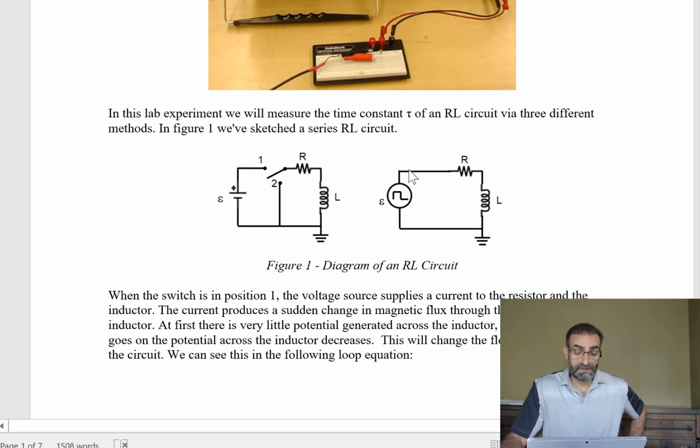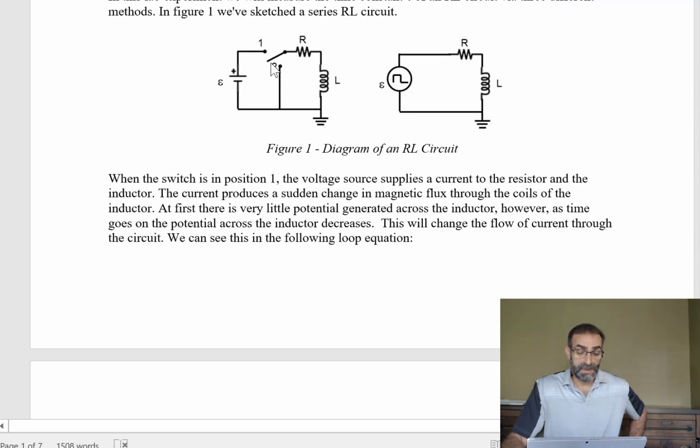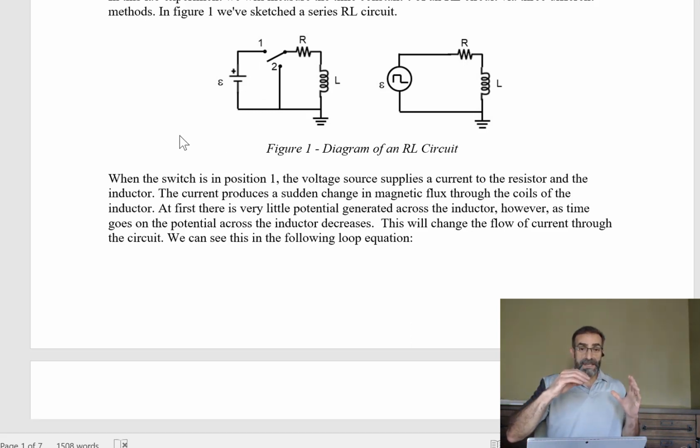We have a resistor and an inductor in series. This is an RL circuit. What happens when we throw that switch to position 1, in the diagram on the left? The battery starts to push current, but we have a loop of wire there, right? That inductor is just a coil of wire. It's like a solenoid. Current starts to flow through it,